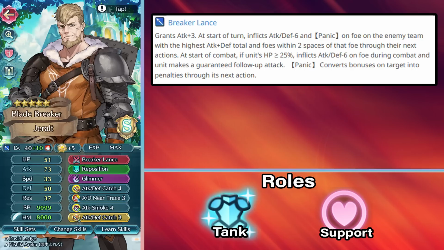Fortunately, Geralt came with one hell of a preference weapon that essentially made him into a better Dwessel. Geralt can be a strong combat unit with his guaranteed follow-up attack, but it's the combination of his combat and support that makes him a standout. His support can inflict an attack, defense, and panic debuff on the enemy team, but the best part is there's